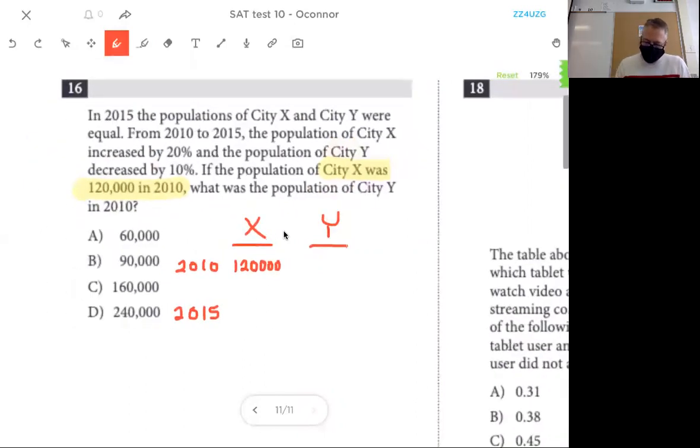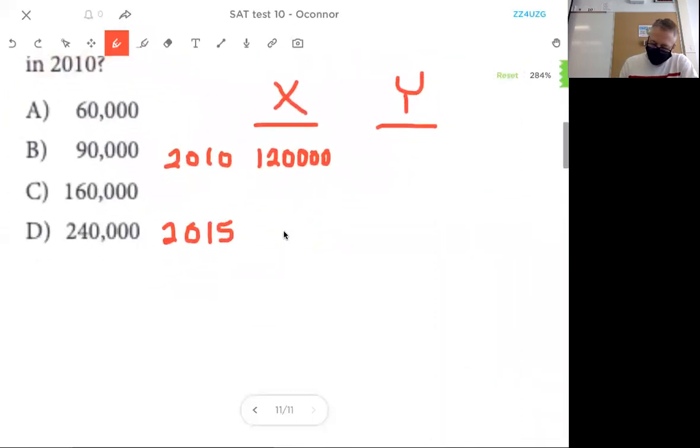Now we also know that city X and Y were equal in 2015. That means that down here, they're going to be the same number. So hopefully we can figure out one of those numbers. Well, we can because we know that city X increased by 20% in that time. So this is a calculator problem. We could do 120,000 times